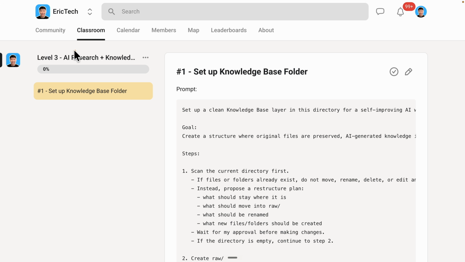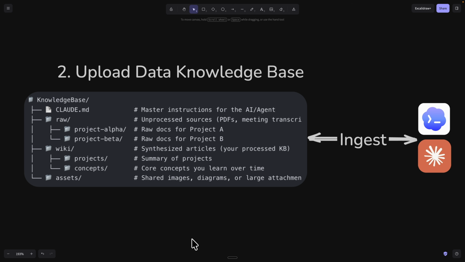And I'll make sure to put this inside of our Skool community for this entire classroom, where you can check it out, download the prompt, and pass it to your large language model to set up this knowledge base folder inside of your existing project or a brand new project that you have. All right, so once we have our knowledge base set up, the next thing we're going to do here is